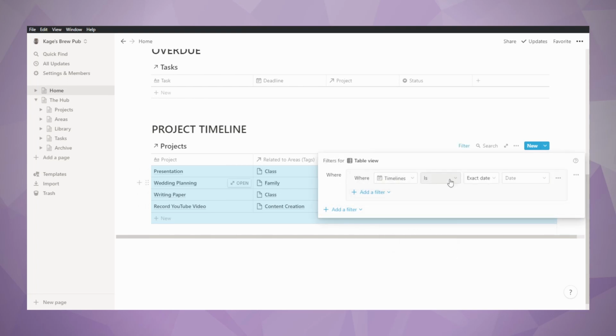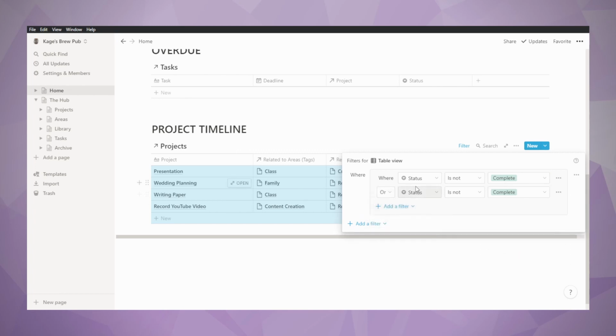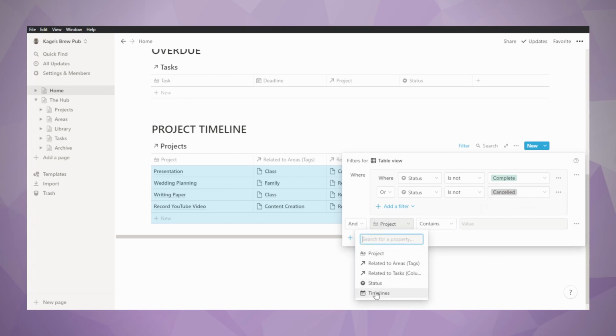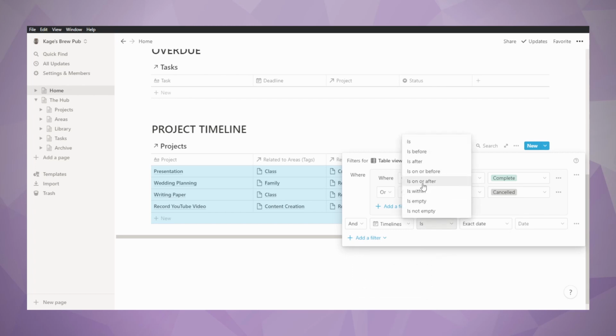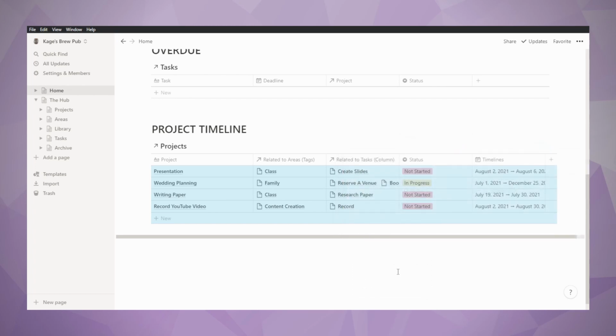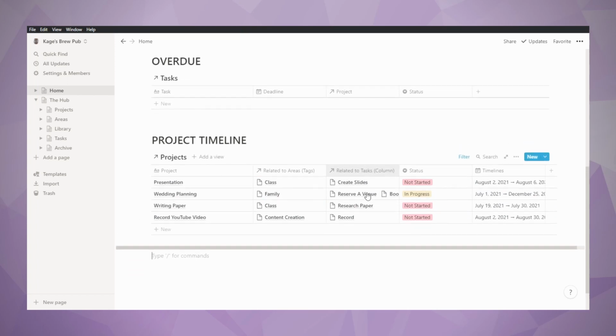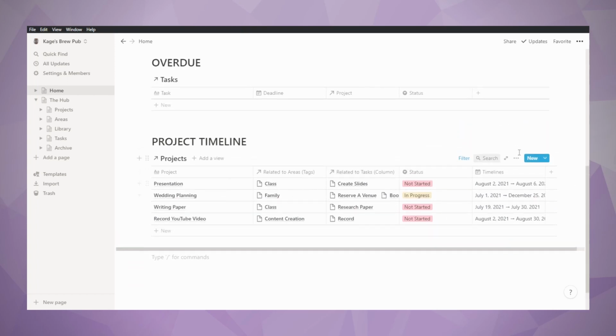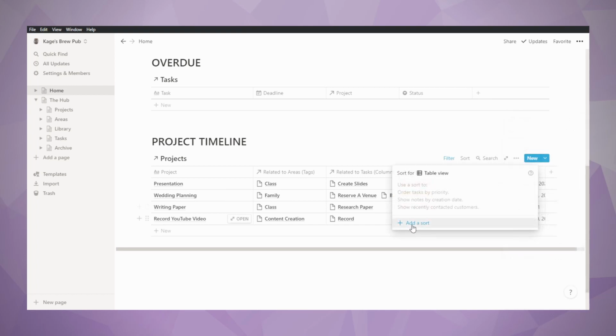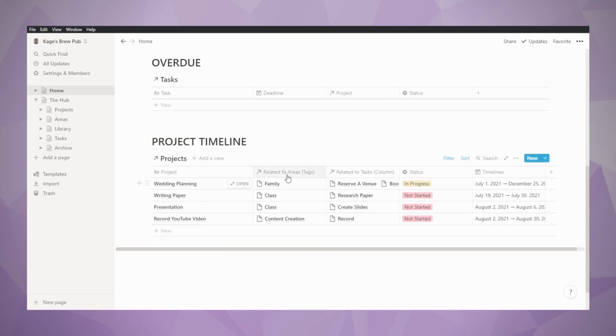The timeline, I'm sorry, the status is not complete or canceled, and where the timeline is not empty. So these are all of our different pieces here. We probably want to sort this by timeline. We don't necessarily need all of this information in here, but what's going to be important for this